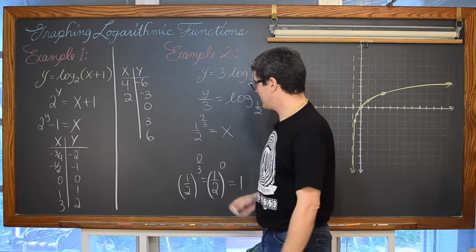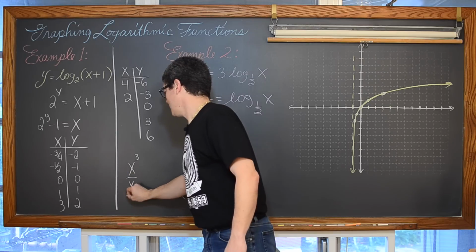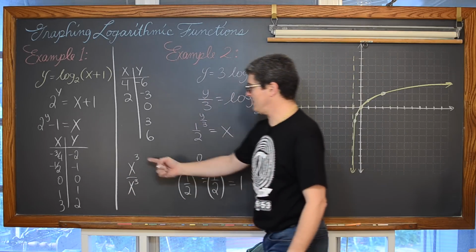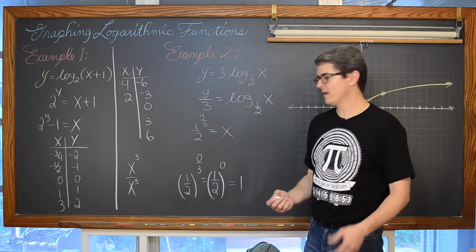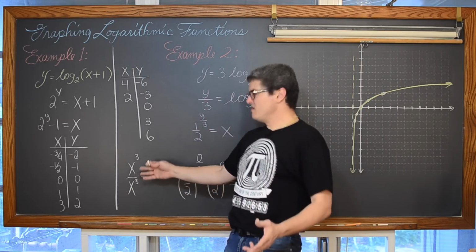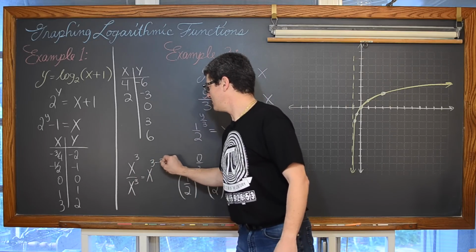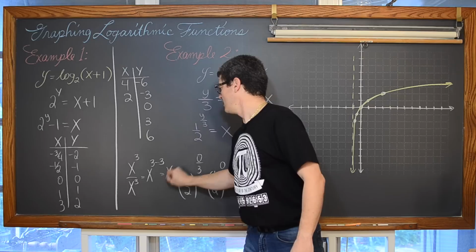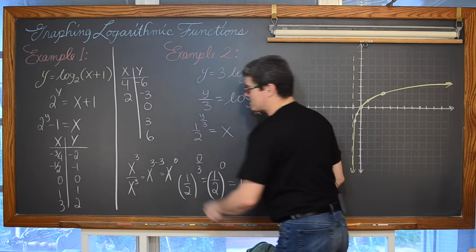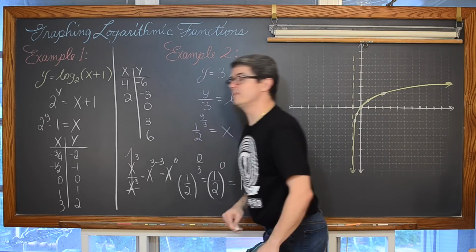That is true because, let's see here, how about, what is x to the third? This is just a little side example. What's x to the third divided by x to the third? We know that anything divided by itself is equal to 1, right? Well, if I didn't want to just say that, when you divide like bases, don't you subtract the exponents? And wouldn't that be x to the 0 power because 3 minus 3 is equal to 0? Yeah. Anything to the 0 power is 1.